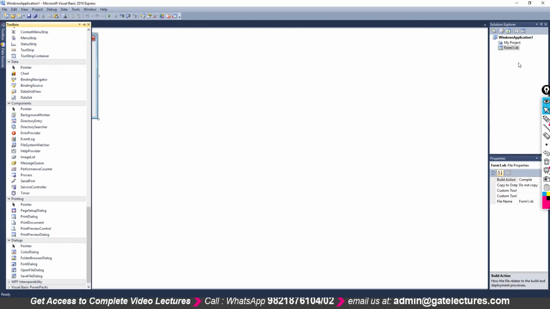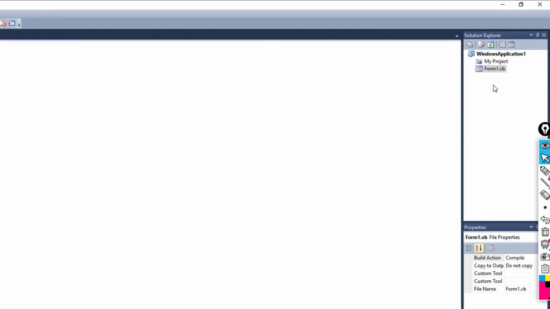Now here on the other side, here is the Solution Explorer window, which I just shared with you. Here you can see all the Windows applications. Like my project is the default name of the project. In that, I told you that a project will have many forms and they collectively will help you to create one application which you can run as a standalone program. So first of all, in my project, you will get the Form1. Let me close this toolbox first